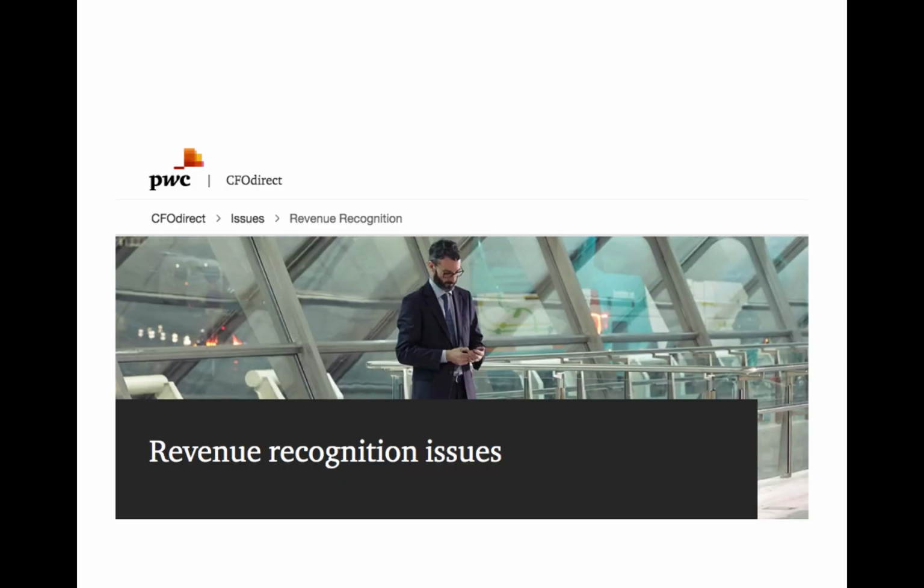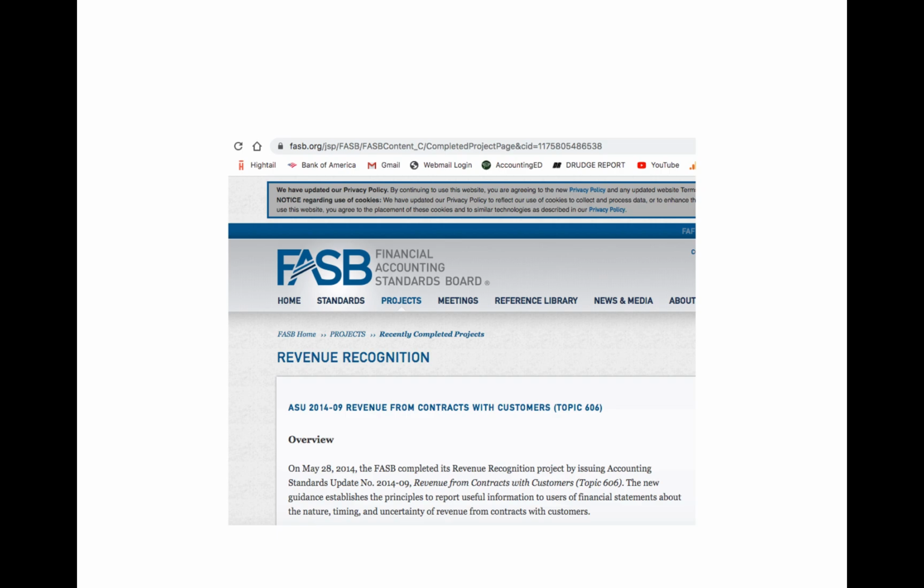So the website that you see on the screen ties to the link that you saw on the first screen that I showed. So when you click on that PwC link, you're going to see this revenue recognition page. This is what I'm going to use to explain the material. It's excellent. If you want to go to the FASB itself, here's the address, and you'll see that it's revenue from contracts with customers. The topic is 606. This is frequently tested on the CPA exam. Also important if you're going to work in accounting.